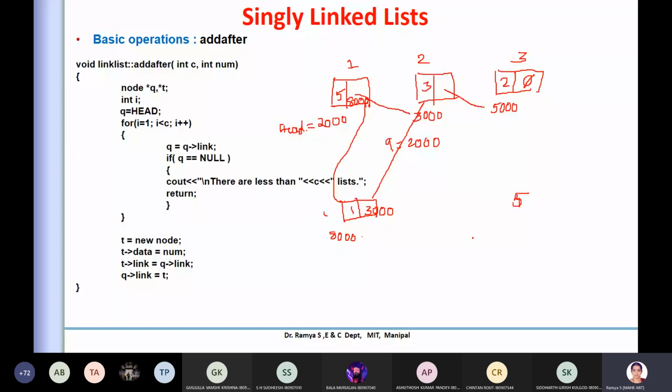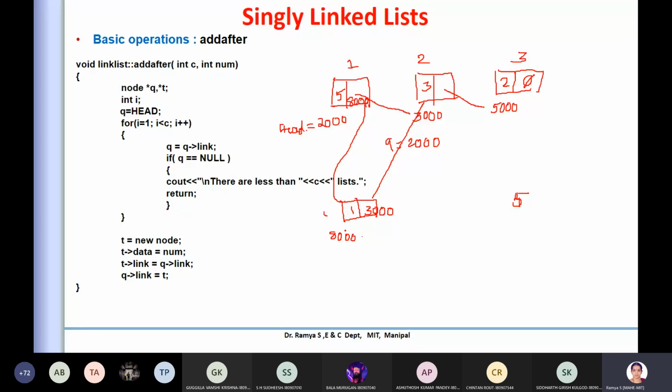Now you can observe and compare the difference between insertion with an array and insertion with a linked list. In the linked list, you are just changing a pointer value. Instead of 3,000, now you are replacing it with 8,000, the new node value.